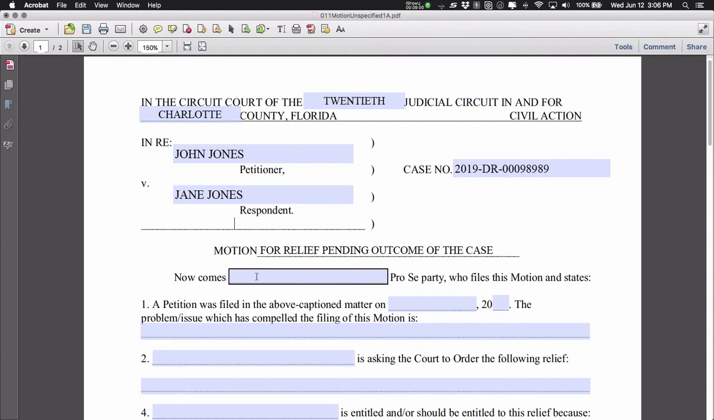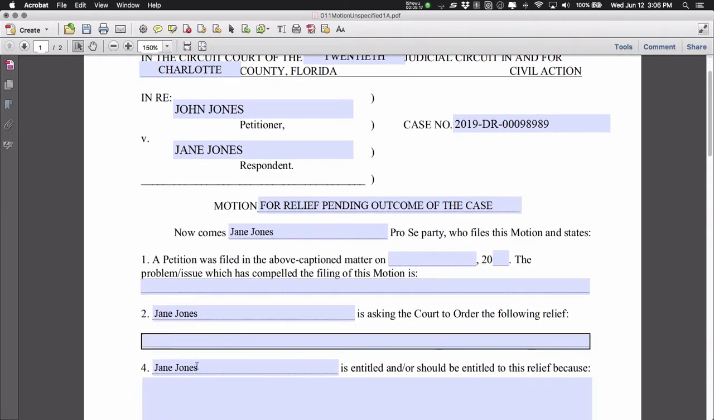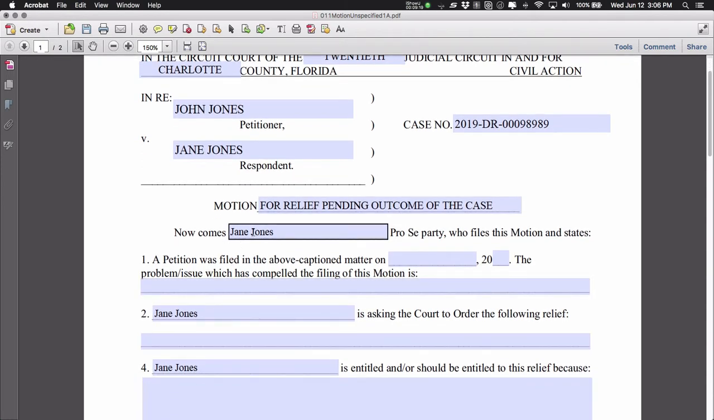Now comes pro se party. Let's say you're Jane. John sued you for divorce, and you need money for different things. So you say, now comes Jane Jones. You're pro se, meaning you represent yourself. You'll notice how these form fields are auto-populated. If you're the one filing it, you notice how I type that in. If you're John,